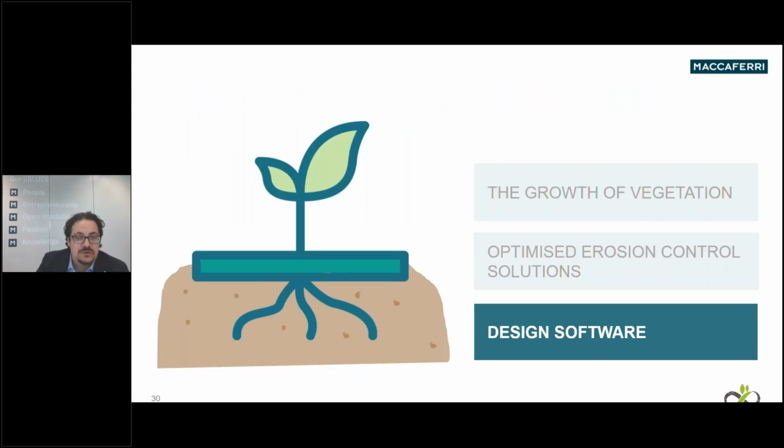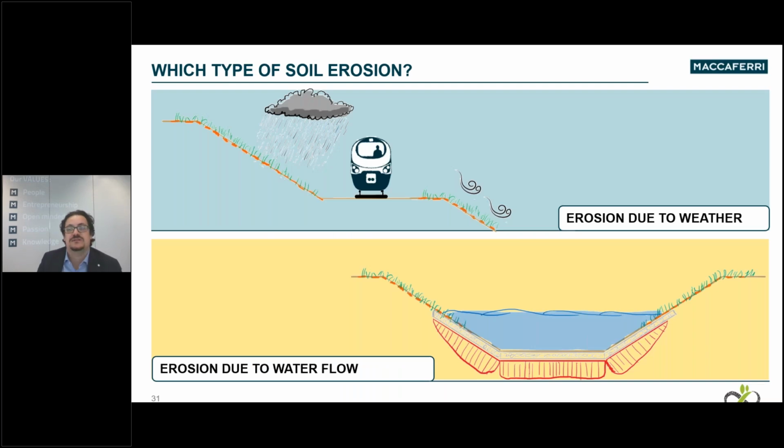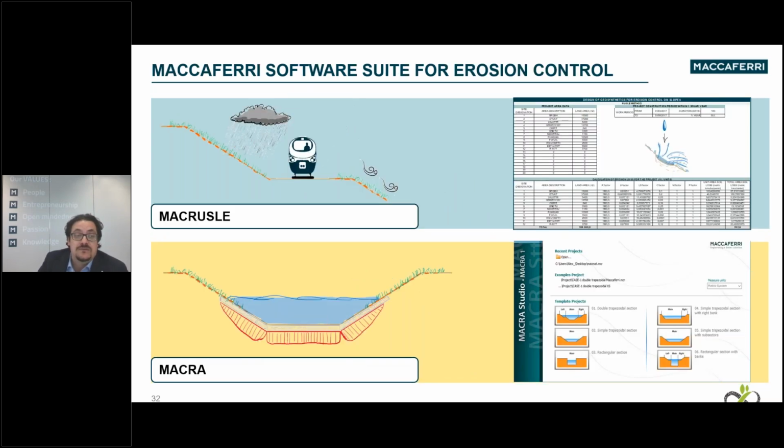Okay, now let's talk briefly about our design software. The design software that we developed are mainly two and are based on two different kinds of erosion. The first is the erosion due to the weather, so wind, rainfall, and so on. The second one is the erosion due to the water flow, so typically for channels, river banks, and so on. For the first one, we will use our design software MACCAFERI, and for the second one, we will use our